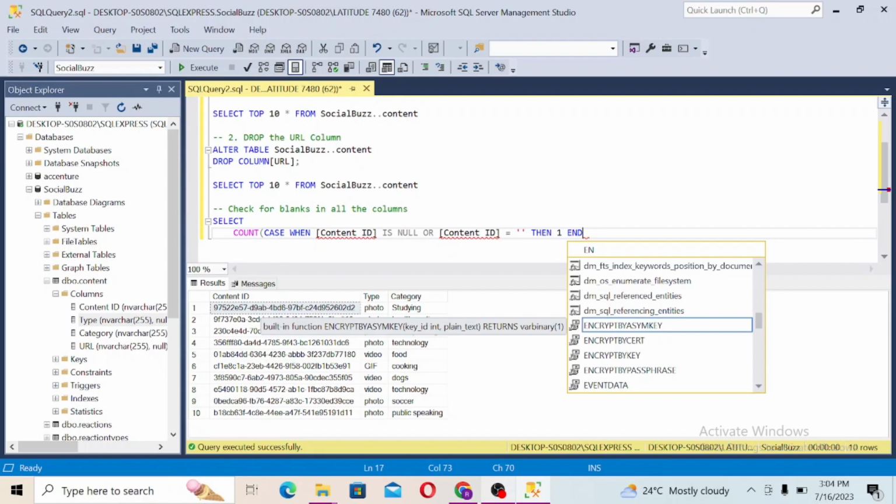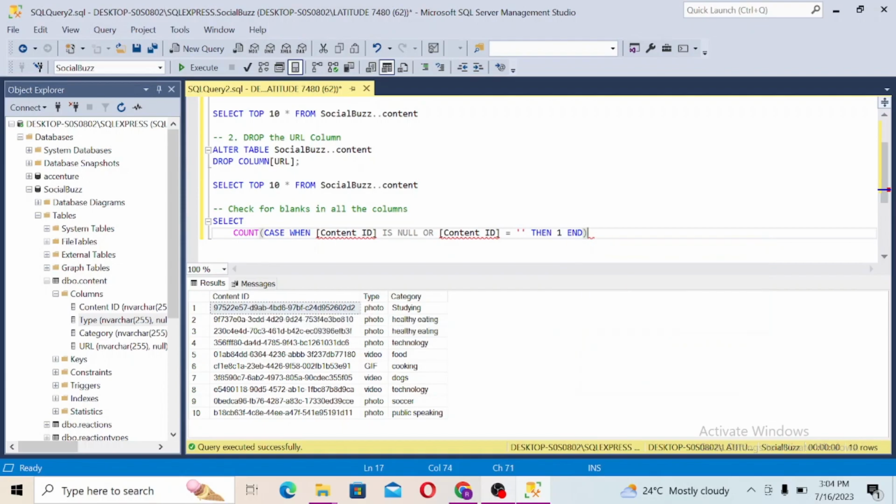And then we close our bracket, and then we are going to name it in square brackets blank content ID count. Close that, comma, and then